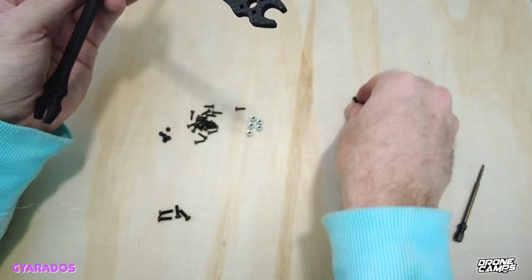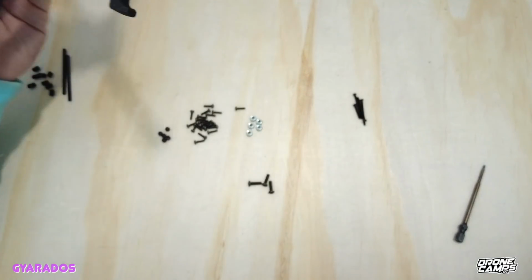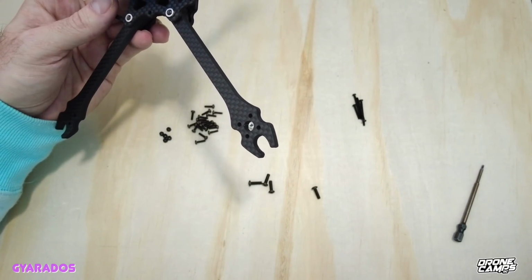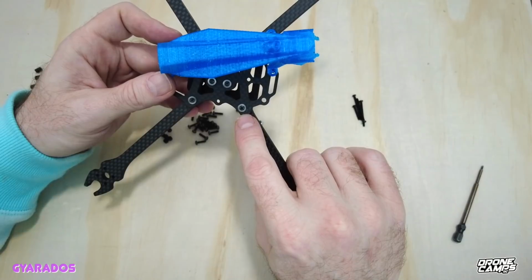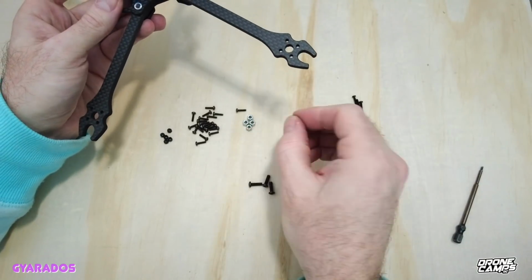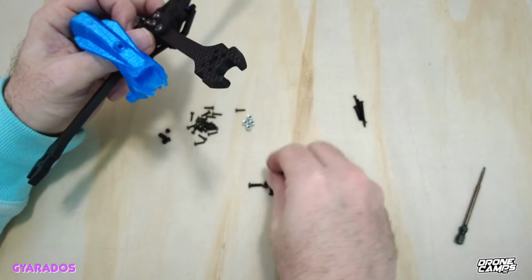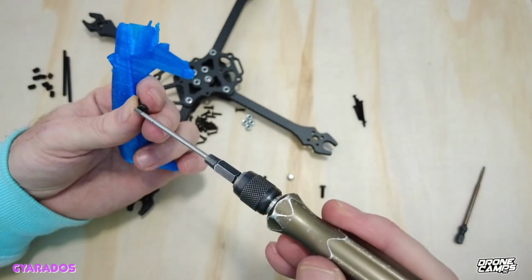And the bolts that go through there also work with a press nut, it says, so it doesn't look like I have any press nuts left, or fastening nuts. The fastening nuts are these nuts right here. So what I might have to do is actually use one of these. This is a fastening nut, so this is a lock nut, and I can do that because these are M3 threaded. So I'm going to go ahead and start this through